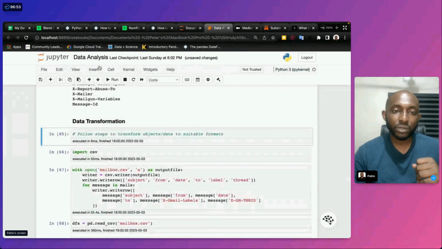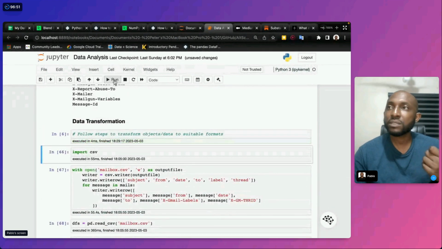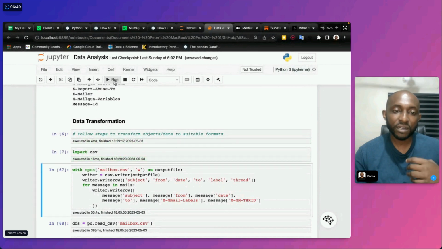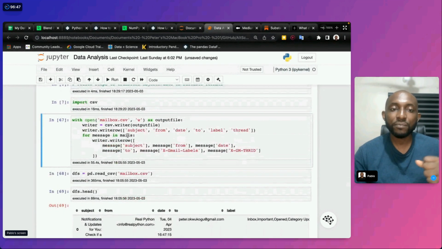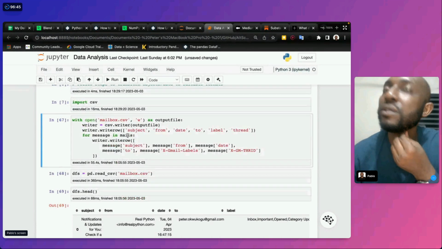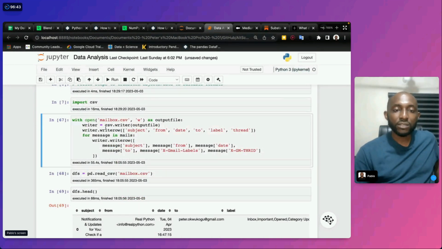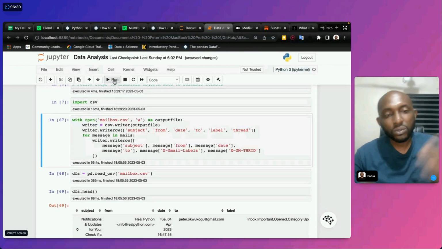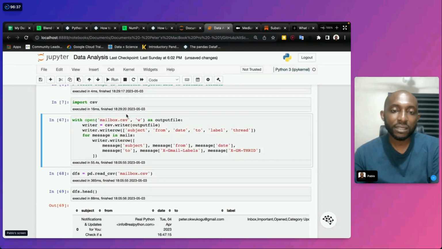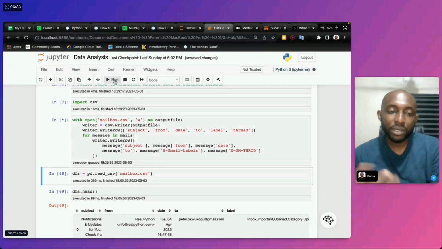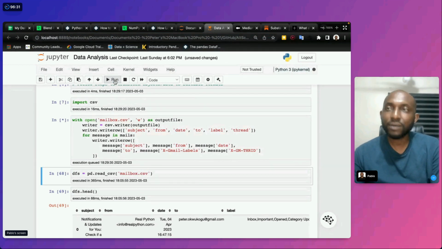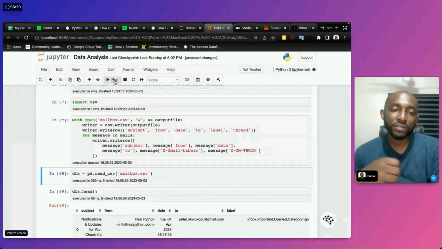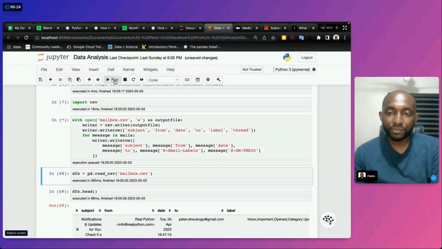To do that, we want to take the data and convert it to a CSV file. We import the CSV package, then use the with statement and the open function to write the files inside. So we write them out in the form of a CSV so we can read it easily into a data frame.